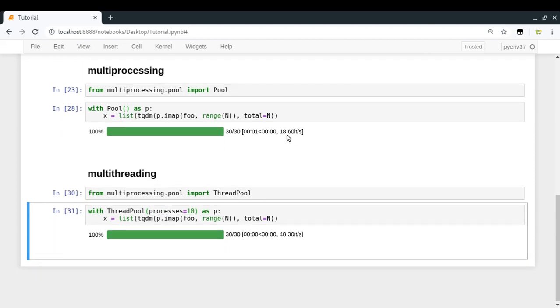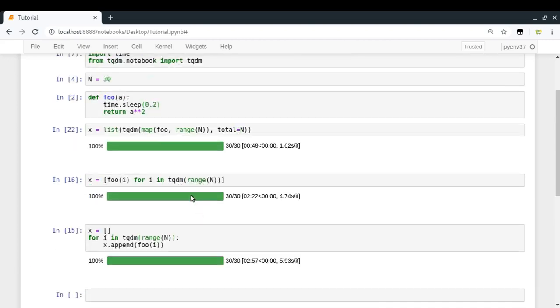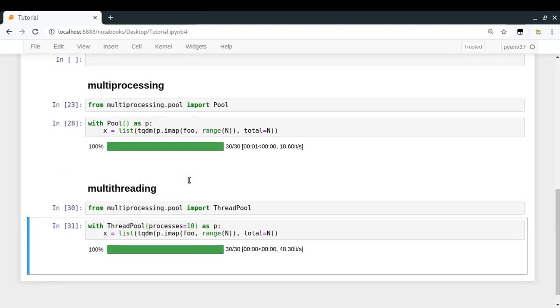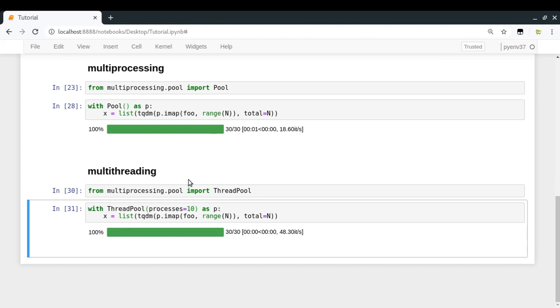This is even faster than the multiprocessing code, because there you had only 4 processes, but here I am having 10 threads, and since there is some wait, some delay there, it must be doing multiple tasks at a time in a much faster manner. So yeah, this is cool.